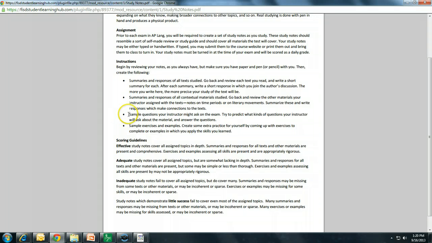Next, what I like to do is ask a series of sample questions that your instructor might ask about the exam. I did this all throughout college, and this is a great study tool. Try to predict, based on what your instructor talks about in class and what was in the assigned readings, what kinds of questions your instructor might ask about the material, and answer these questions in your own words. There's only so many things I could possibly ask you about